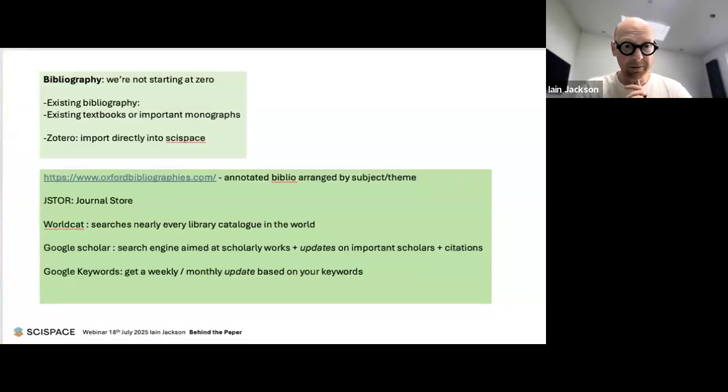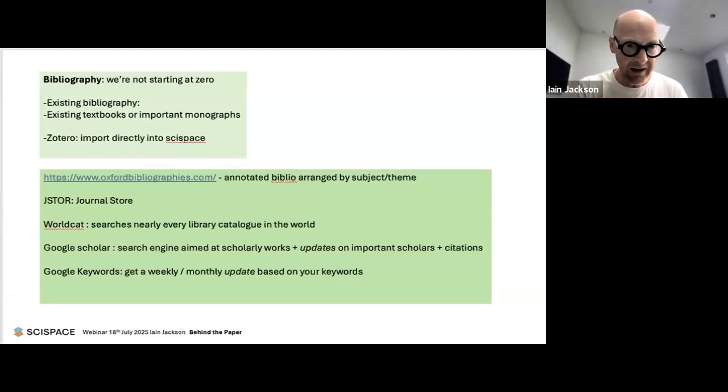Right. So we start with the bibliography. That's often the best place to begin. How have other people done it? What does the existing set of literature look like? Now, you'll already have a bibliography. You will have been collecting bibliographies since your undergraduate days. Or a key book that you've been reading will also have an amazing bibliography in it. Or a journal article might have 80 references. So you're always harvesting these. You're always building up your own set of important literature that's key to you.